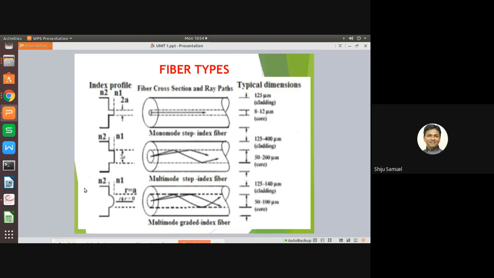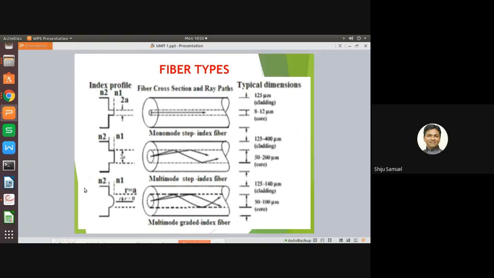So this is the first of the lower bandwidth applications of multi-mode fiber. If you use multi-mode fiber for lower bandwidth applications and compare with single mode fiber, the multi-mode step index fiber has more advantages. What is the reason behind this? First is the use of spatially incoherent optical sources, for example an LED, which cannot be efficiently coupled to a single mode fiber.